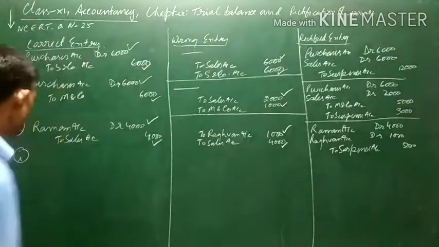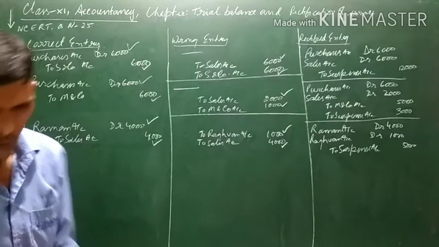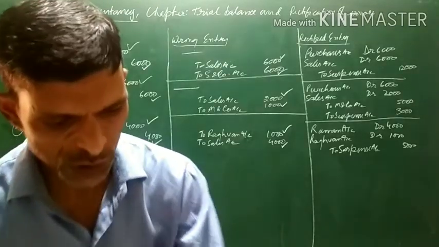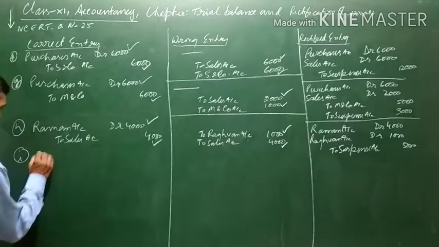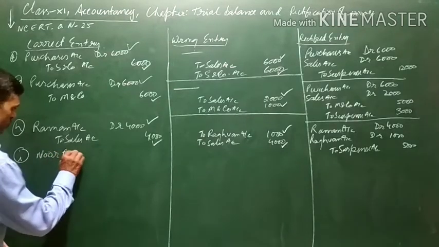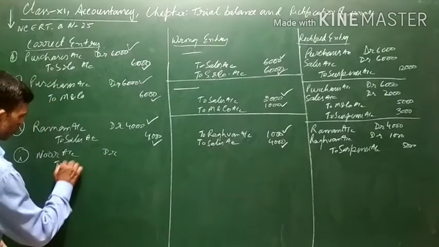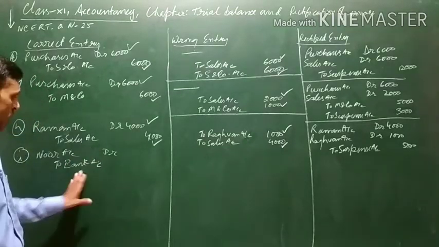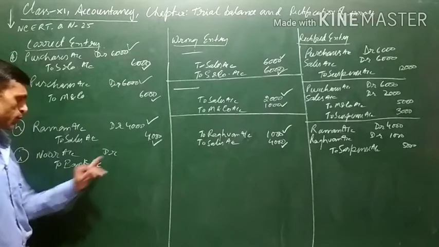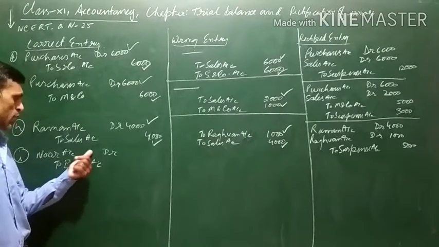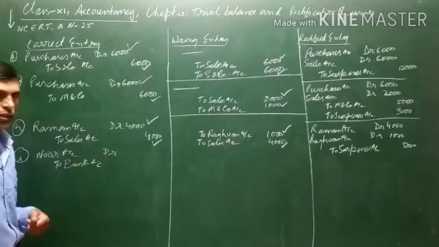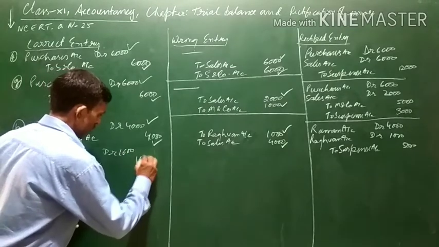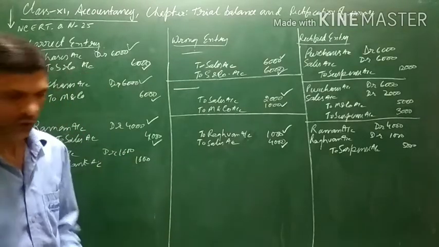The entry will be, let us see what is the name of the person. Bills receivable 1600 from Noor was dishonored. Now it means Noor will become a debtor for us. Noor account debit to bank. When the bill is dishonored, our bank balance will decrease because the bank will collect the amount of the bill from our account, and Noor will again become a debtor. At the time of dishonor, this is the general entry that will be passed.